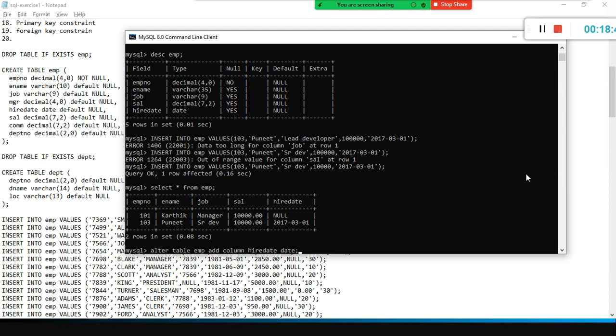Insert into employee. Right here, I'm going to say emp number, comma, ename, comma, job. Values, only these 3 columns I now want to insert. Okay, specific columns. Here, for example, I am going to say Shreyas.